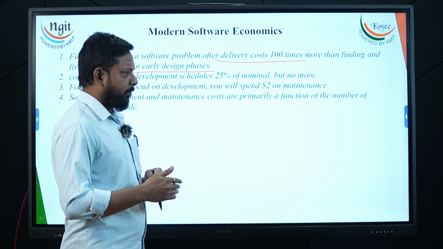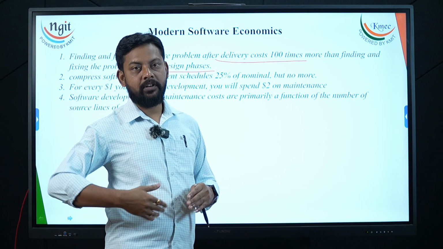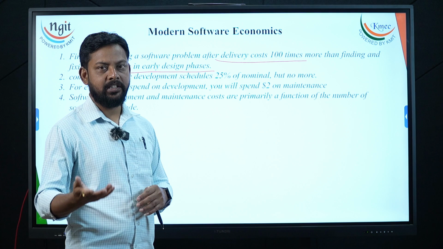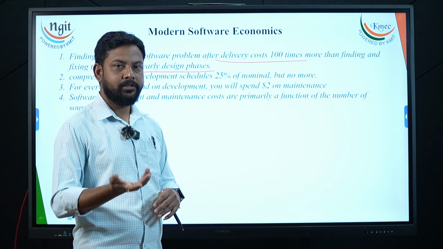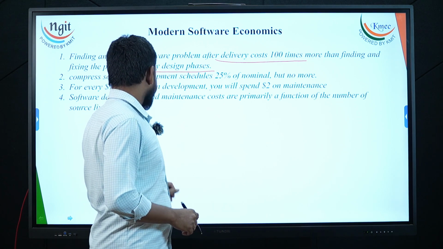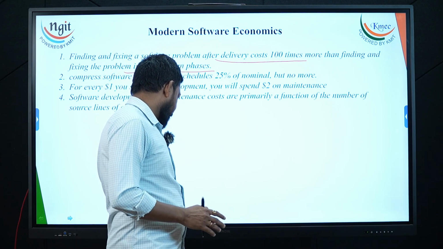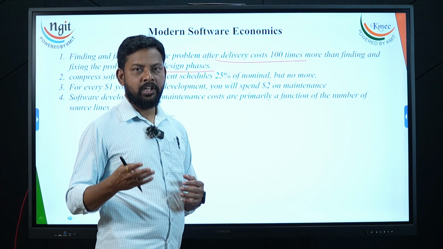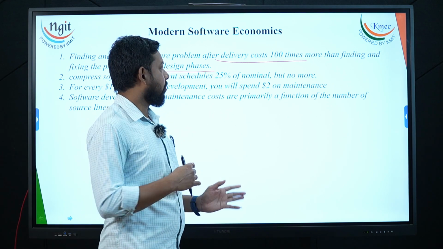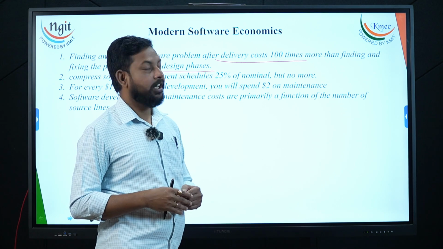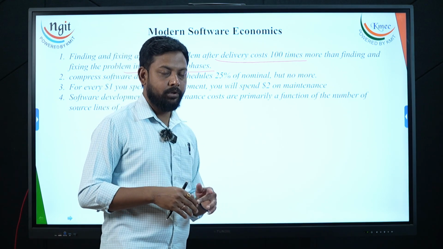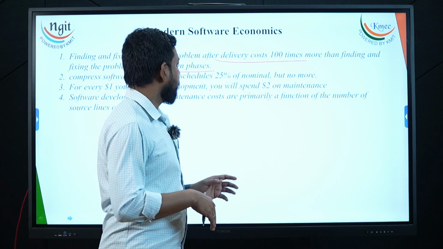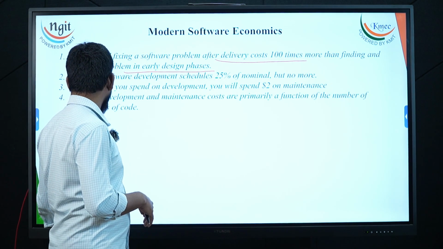Based on the increase in the number of source lines of code, the cost gradually increases, and as the number of source lines of code increases, the total maintenance on your software also increases, right? This is based on the number of resources you are using, and the number of tools you are using; this cost also differs. So it is always recommended in modern software approaches to reduce the source lines of code, the maintenance tools and so on, so that you can reduce the total cost vested in these